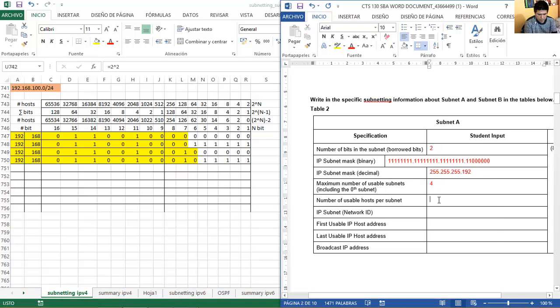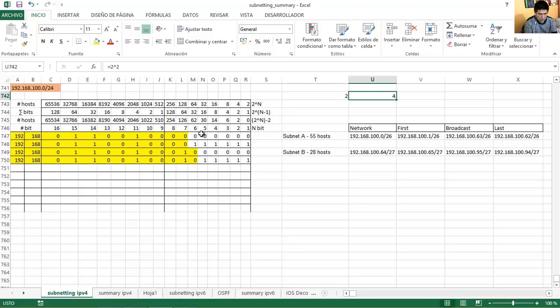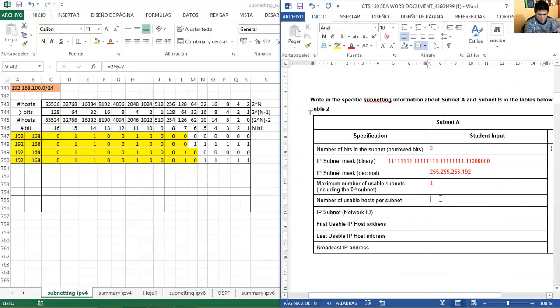Four. Hosts per subnet. Okay, 6 bits for hosts, so 2 to the 6 minus 2. Okay, 62. Okay, remember